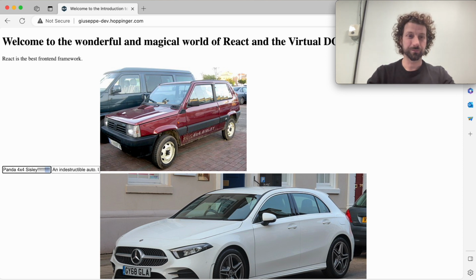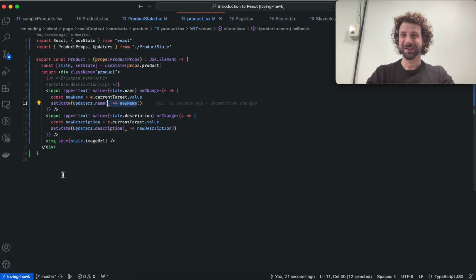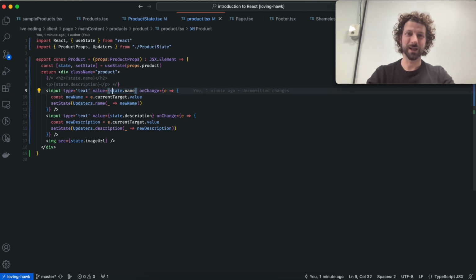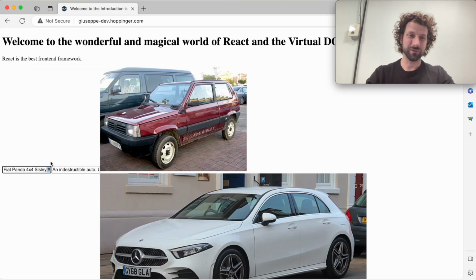The fact that the state is being changed is actually guaranteed by the fact that the value of the input component is the state.name, and in order for this value to change, so for us to see what is being typed, setState is the only way to make sure that state.name changes. So just by virtue of the fact that you can see my exclamation marks, or I'm going to put dots, this only happens, and we only see these changes because